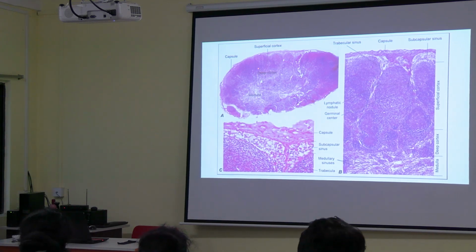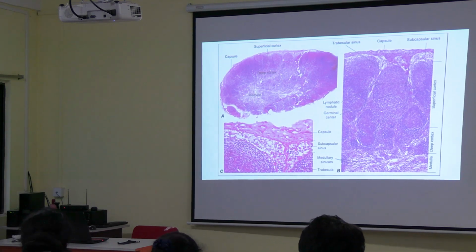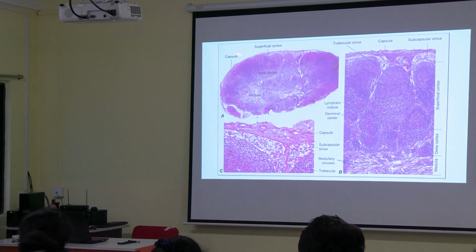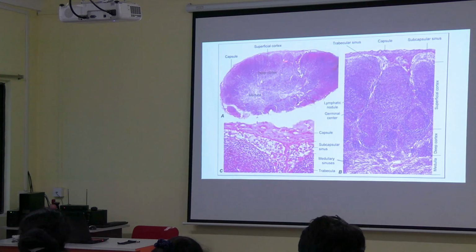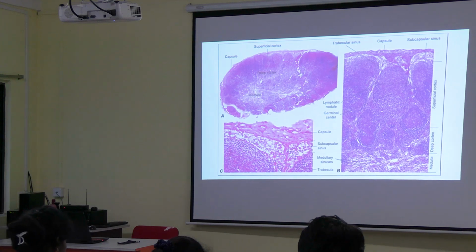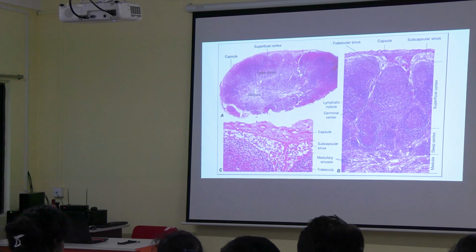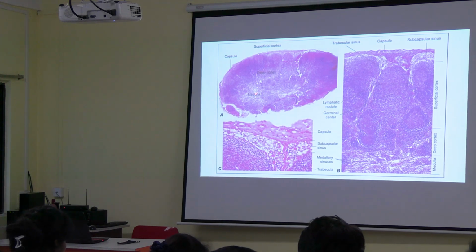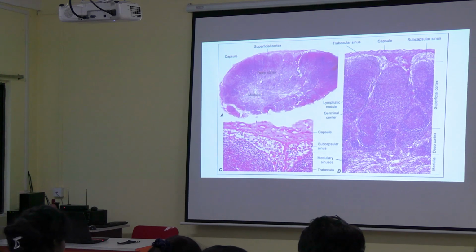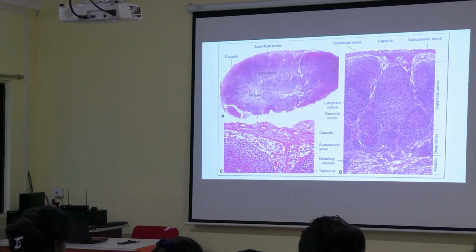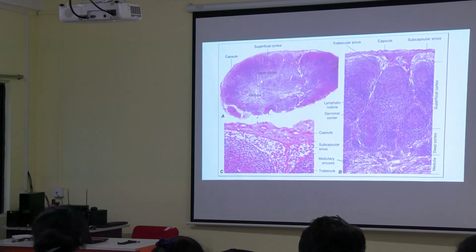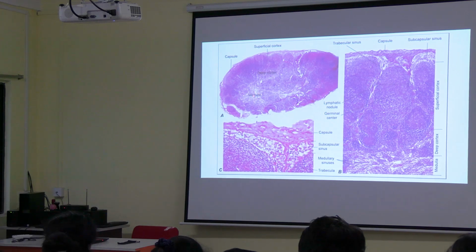This is the cortex, superficial cortex, or you can say outer cortex. Okay, so the outer cortex is nodular in appearance. You can see the lymphatic nodules are present. This is the deep cortex. The deep cortex is also called the thymus dependent zone. And here you can see this is the medulla where cords of cells are present, and along with that, sinuses are present, the medullary sinus. You can see so many empty spaces are there.